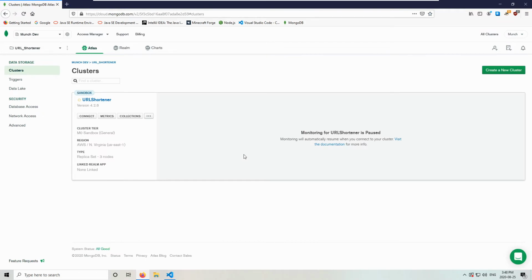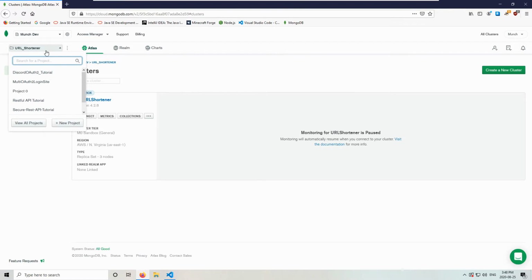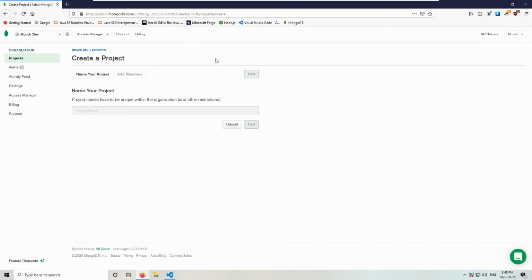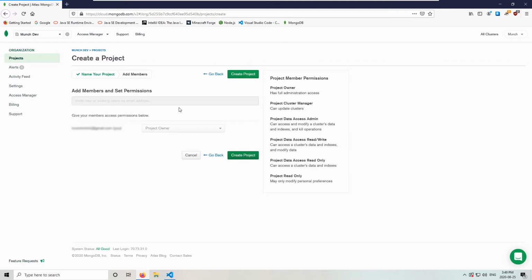So once you've signed in, like I have, up in the top left corner, there will be a drop-down menu like this. Click New Project, and name it whatever you want. I will name mine URL_Shortener_tutorial. Once you've created a project, by clicking Next, and on this page, you don't have to add anyone unless you would like to add another user. You can just keep yourself as a project owner. And once you've created this, so take this a second,